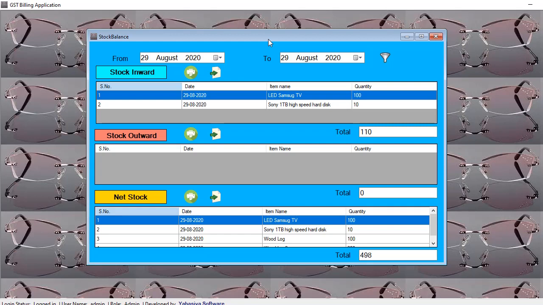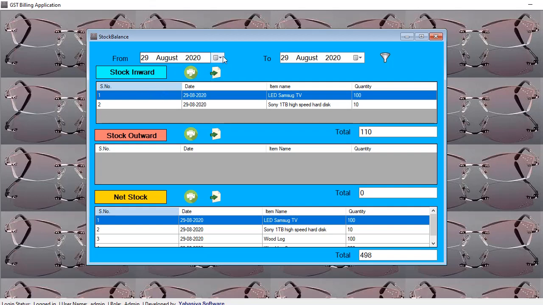Those features are introduced now, and exporting your stock inward, outward or net stock, which was not possible before, is now possible. We have introduced an export feature for all three.